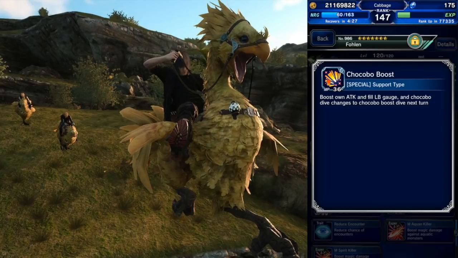This is available every turn. This is not a cooldown skill, but raises his attack, fills the limit break gauge, which we don't care about, and then changes Chocobo Dive to Chocobo Boost Dive. And then Chocobo Boost Dive is the timed jump. So first turn you will use Chocobo Boost, second turn you will use the Chocobo Boost Dive, and then third turn